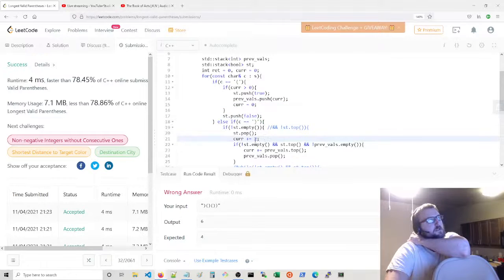Process the closing one, goes to 2, we should add 2, and then we process another one. Current will be 4 at this point. Now if the stack is empty, which it should be at this point, no? Open, close, oh, right, because we don't,